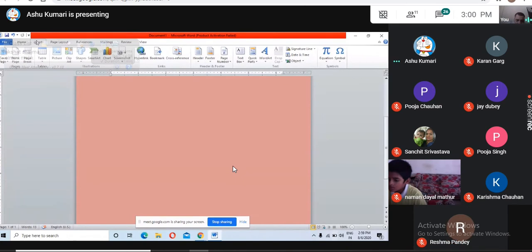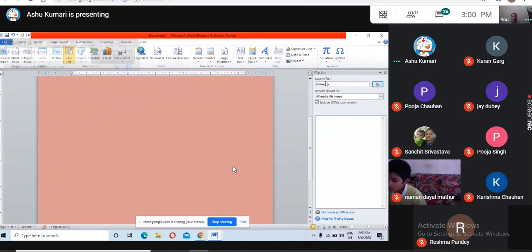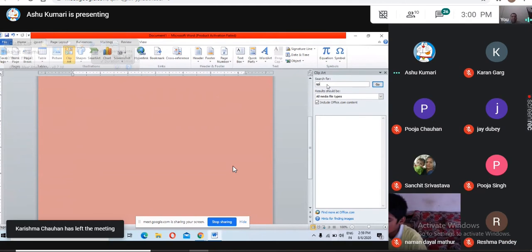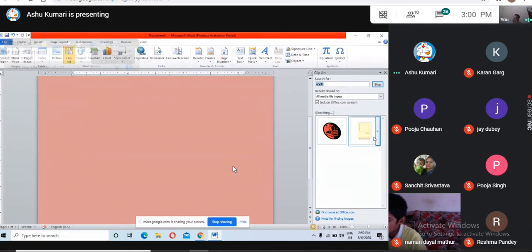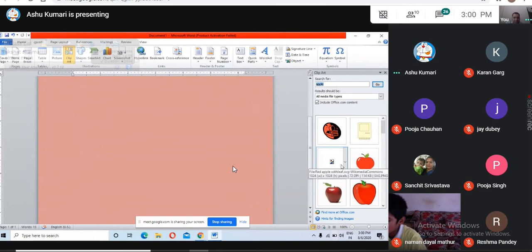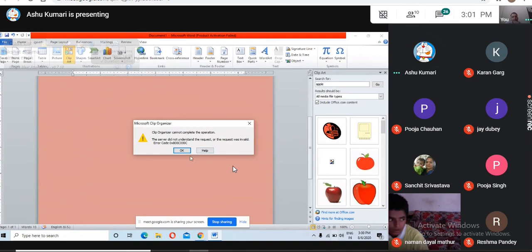Yes, tell me, what is clip art? Clip art is an outdated option. Using clip art we can insert small text or images, bitmap images. That is basically an outdated feature for the document. Now you can see that. Okay, you search that. Okay, Apple. Now click any one of that art, and insert that. Click on okay button.